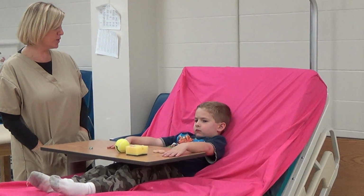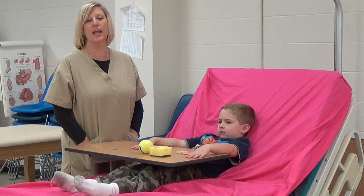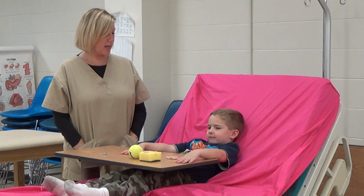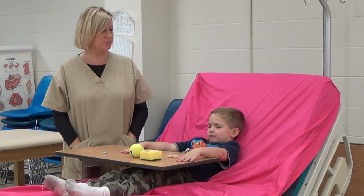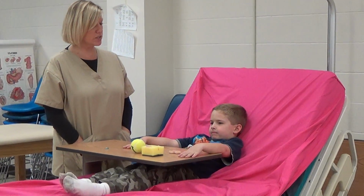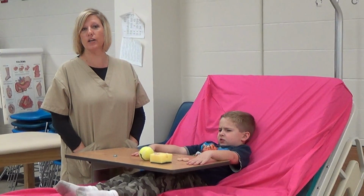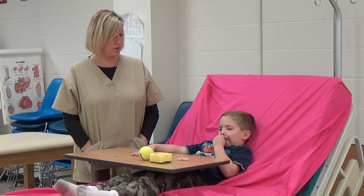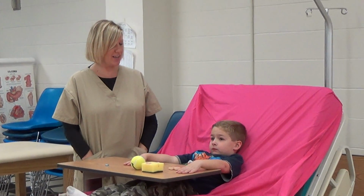And today we are going to be working with a 6-year-old boy who sustained a C7-8 gunshot wound. He is in the acute phase. On his right side, he has a loss of voluntary movement and some reduction in touch and proprioception. On his left side, he exhibits reduced pain, reduced thermal, and some reduction in touch awareness. The levels of C7 and above are all intact for both motor and sensation. Movements possible for him are elbow extension, ulnar and wrist extension, wrist flexion, finger flexion and extension, and some thumb